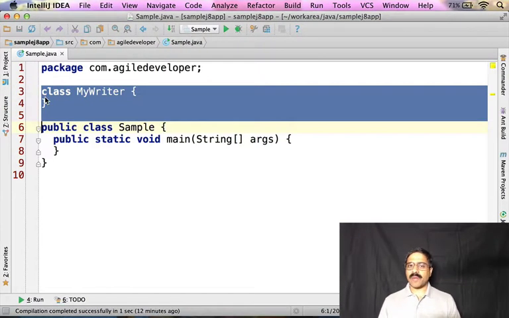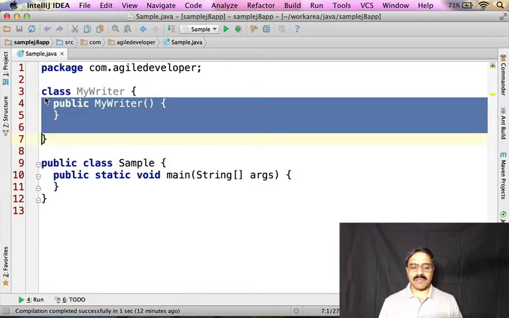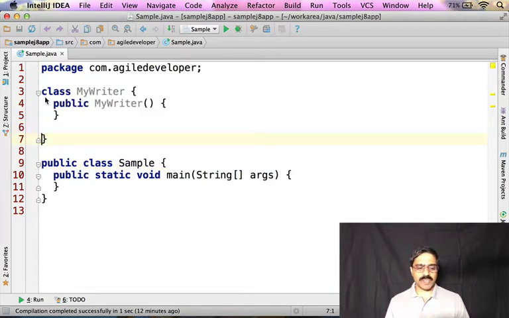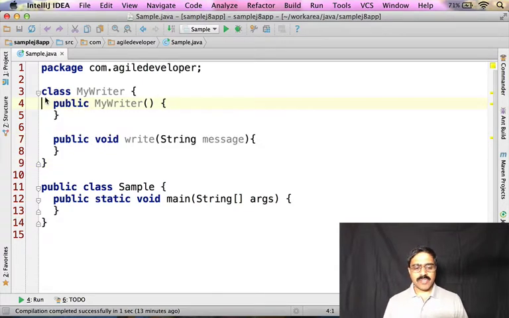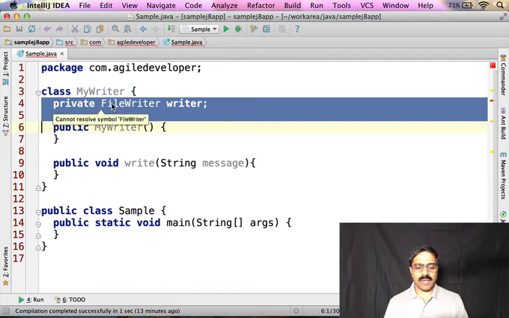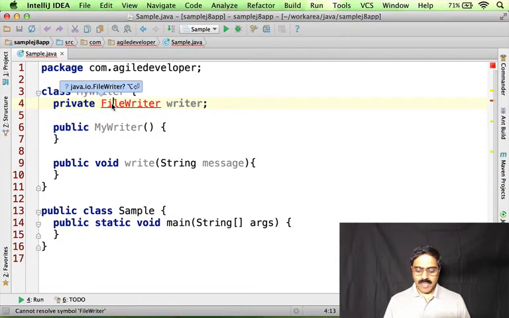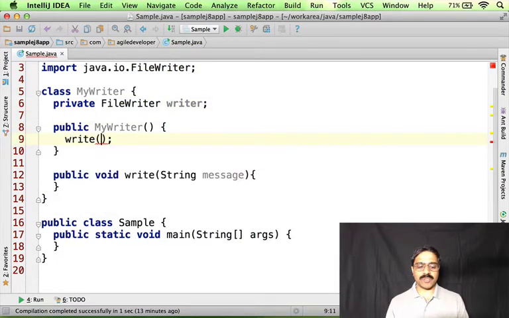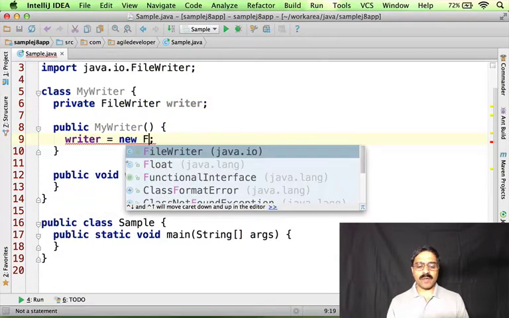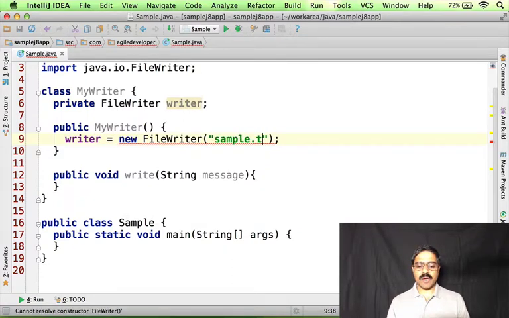Let's say for a minute we have a writer class and we have a constructor of the writer where we're going to create our external resource we are interested in, and we're going to write something to that resource, in this case just a file. So let's get started with a file object. Well, a writer object rather, and in this case the file writer, I need to initialize the writer. So I'm going to say writer is equal to new file writer, and we will give it a sample.txt file